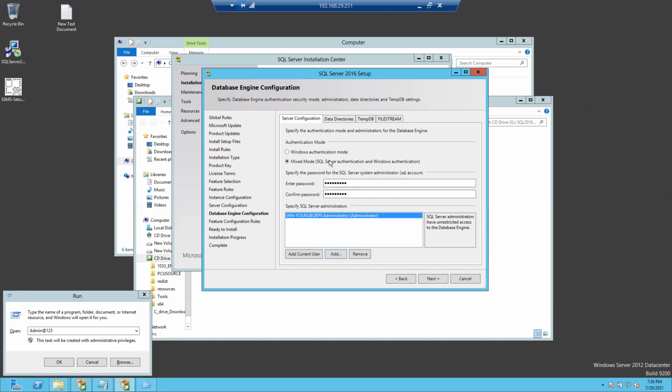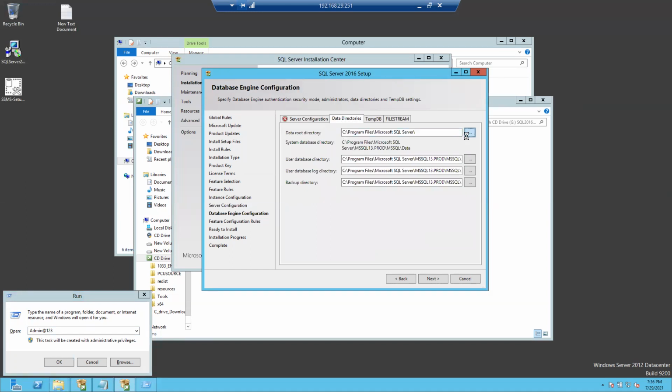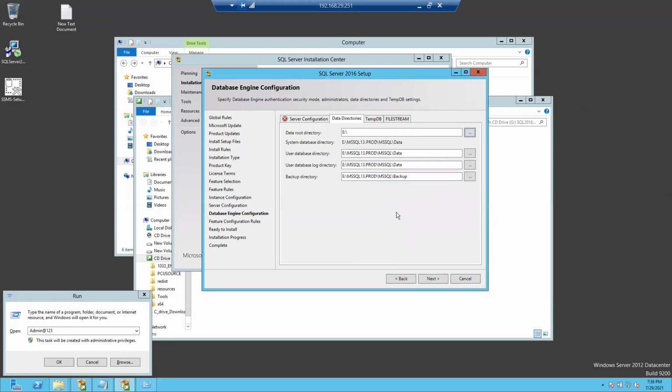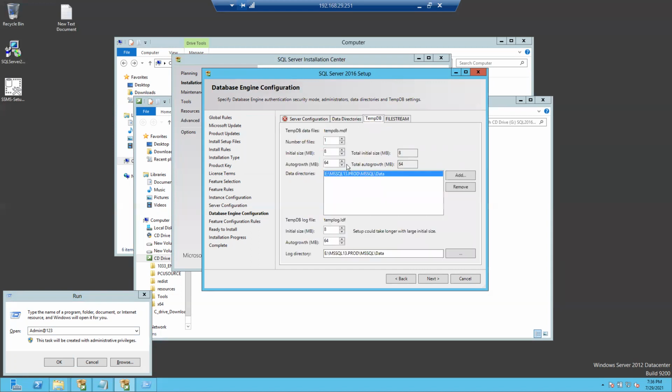Okay, data directories. Here I am providing only the E drive. The number of files, 1, let it be.